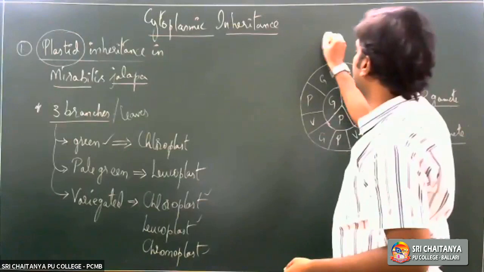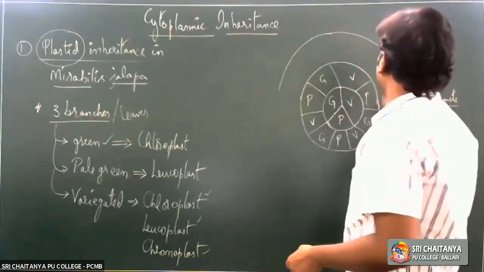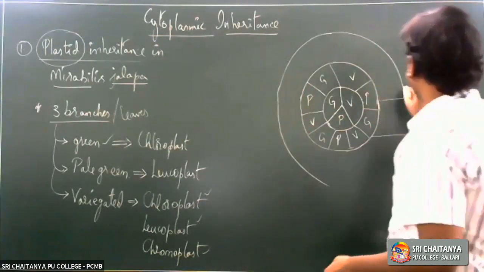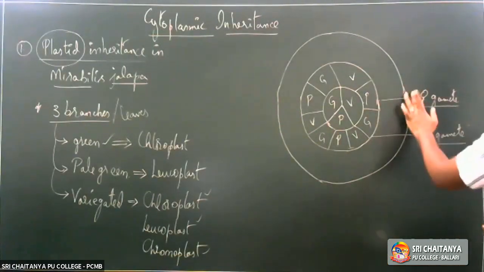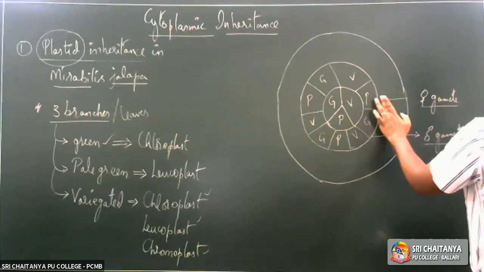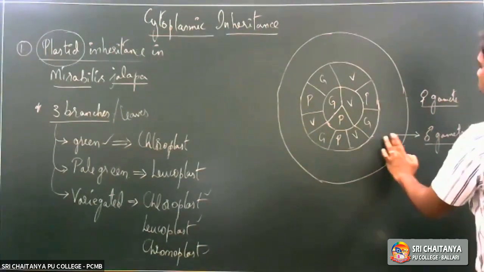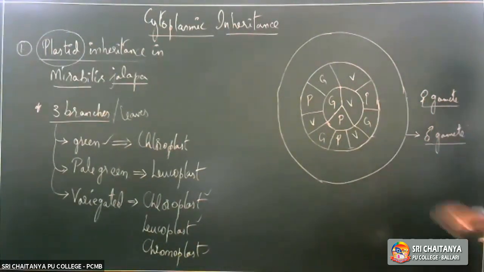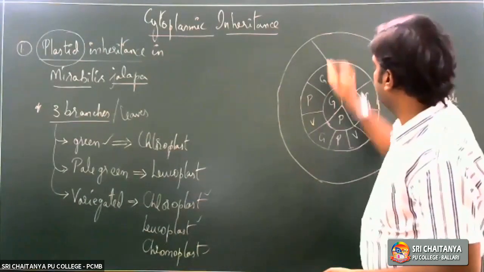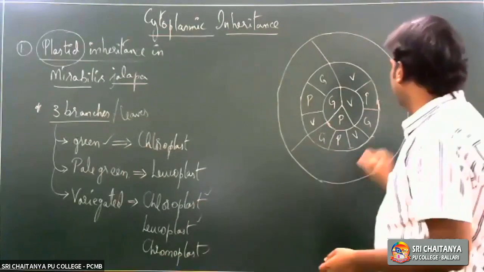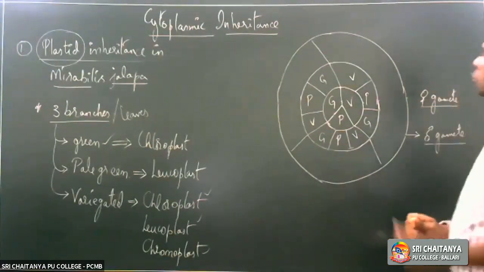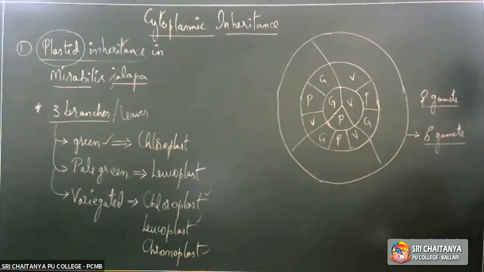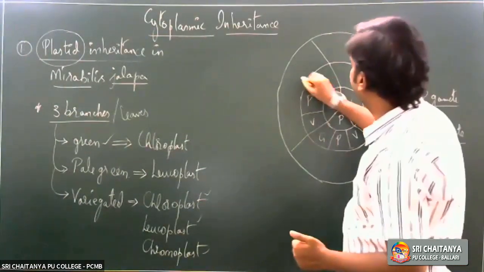For observing the offspring, let us take up the third circle here. This outer circle, or the third circle, would indicate the possible offsprings between the cross of the male gamete and the female gamete. So this is what we have. Here it would be one set, and here it would be the other set, and here would be the third. So what sort of offspring will we be getting? Let us take up the first one here.